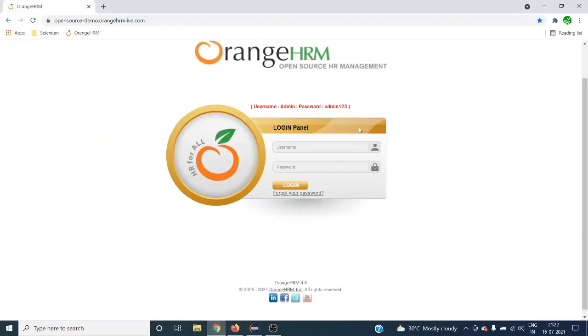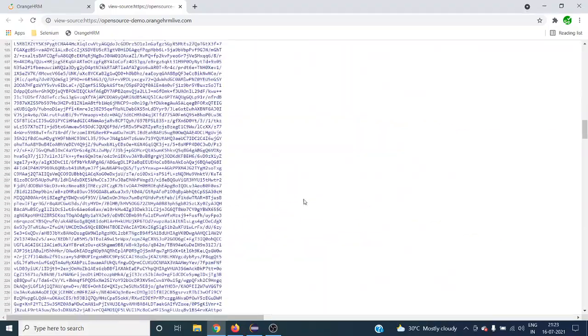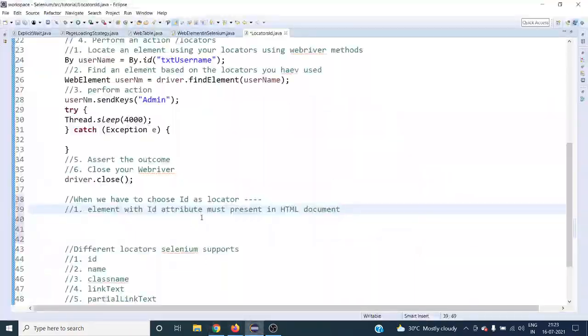When you inspect this particular page, you can see that this is the HTML document. That is the first thing that you have to consider.